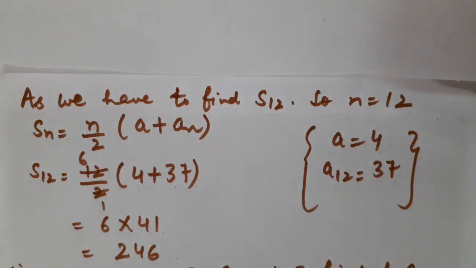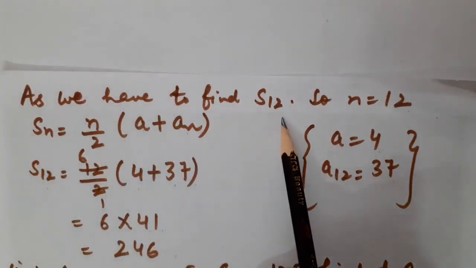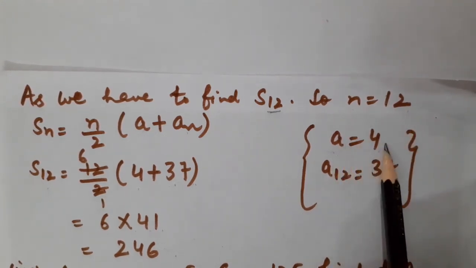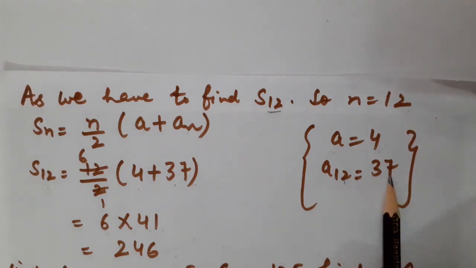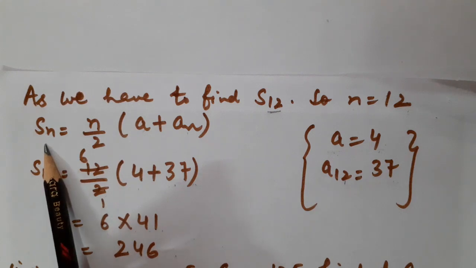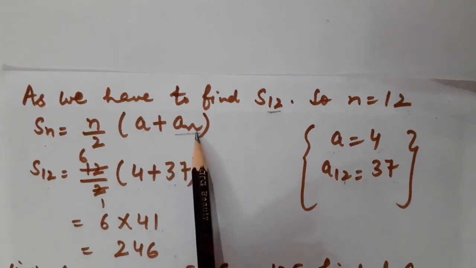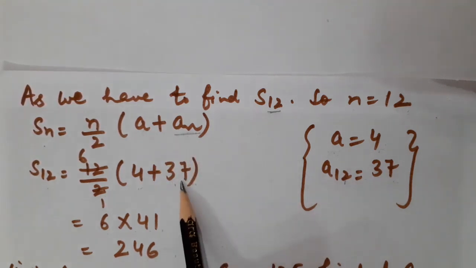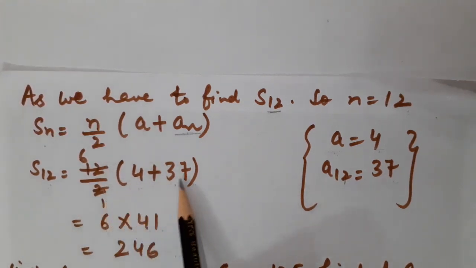Now children, we have calculated A and we have to calculate S12 as well. Fine. So we have to find S12. For that, you know N is equal to 12. A we have just calculated, A is equal to 4. A12, the last term that has been given to you, is equal to 37. So which formula will suit us to calculate S12? First of all, Sn is equal to n by 2 into (A plus last term, that is An). A you know is 4, plus last term means A12, which is 37, for S12. Okay? So it would become 12 upon 2 into (4 plus 37). That is 6 into 41. So what would be the answer?